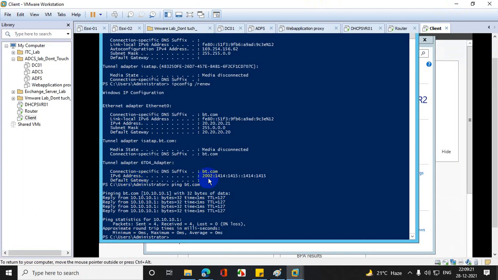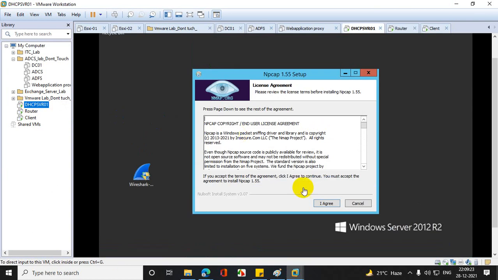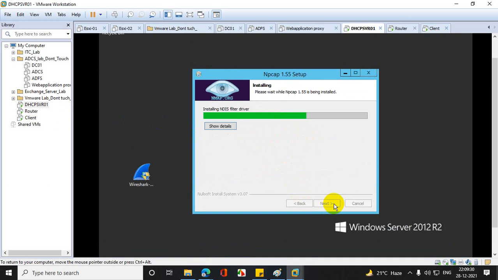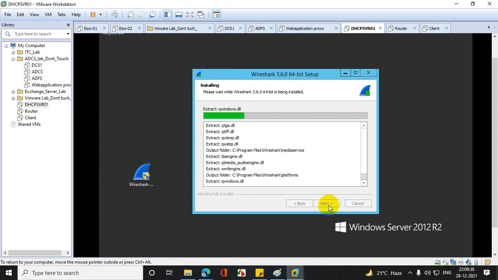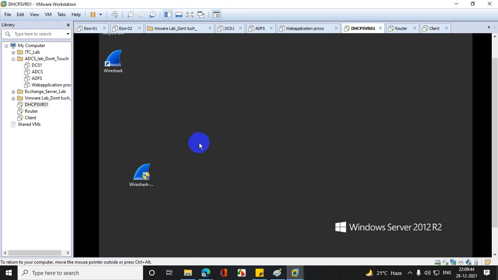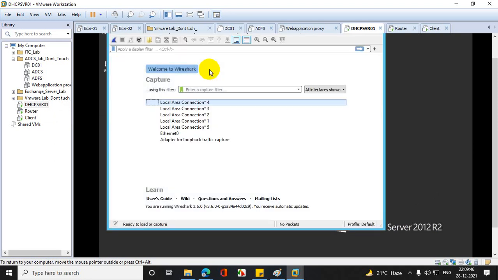So here, let's do the network capture again. Just click on agree. Whatever the basic settings are, I'm going with those. Click on finish. And now also click on Wireshark.